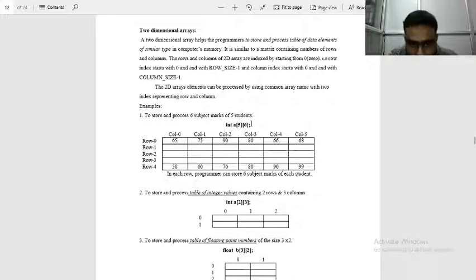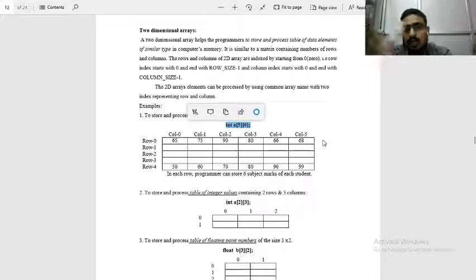The 2D array elements can be processed by using the common array name with two index representation. To understand this, here we have defined integer data type, array name a, into square bracket 5 and into square bracket 6. The 5 is the row size, and the 6 is the column size.